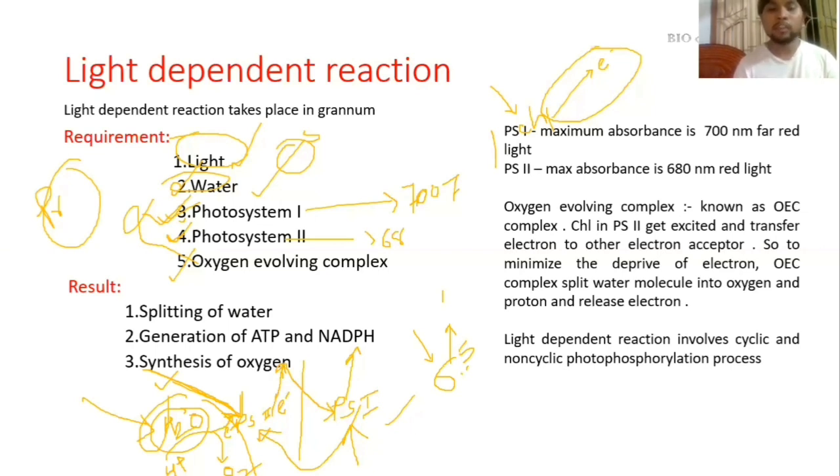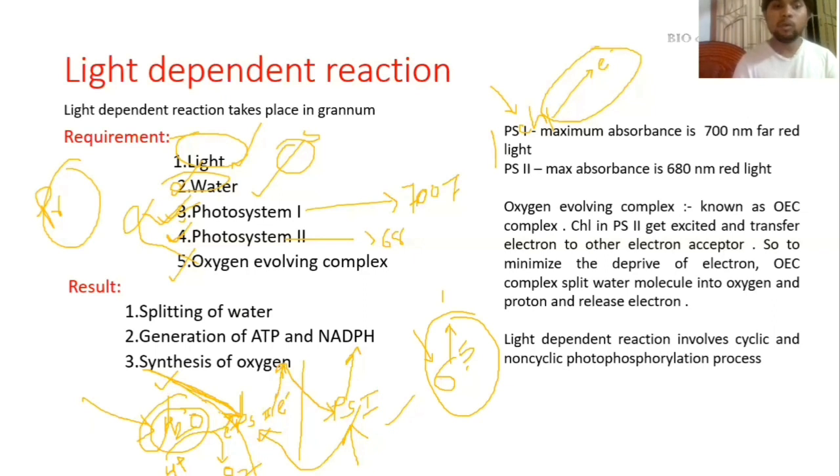So a time will come when there will be no electron, right? The molecule will break down, or be destroyed, or something will happen. So what will happen? Photosynthesis will not take place again. But that is not the case, right? Photosynthesis is happening throughout the whole lifetime of the plant. So to prevent this, the water is donating its electron.